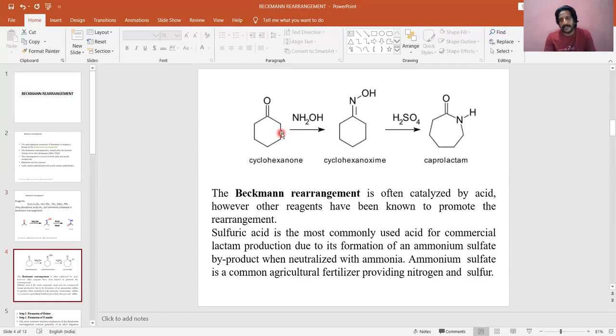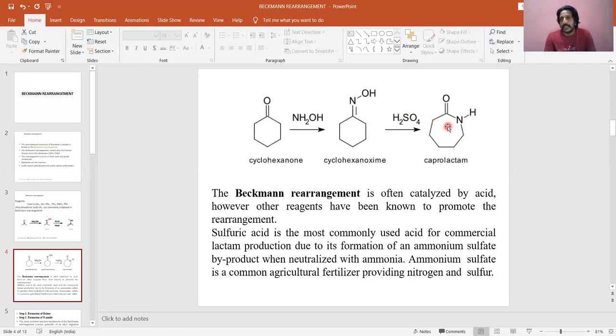Now cyclohexanone, a cyclic ketone, in the presence of hydroxylamine hydrochloride, will be converted into cyclic oxime, because aldehydes or ketones, when we allow them to react with hydroxylamine hydrochloride, give oxime. So cycloketone means cyclooxime. Here we use cyclohexanone, so we got cyclohexanone oxime. Now look at the structure: cyclohexanone oxime in the presence of H2SO4, which we are using as an acid catalyst, is converted into lactam.